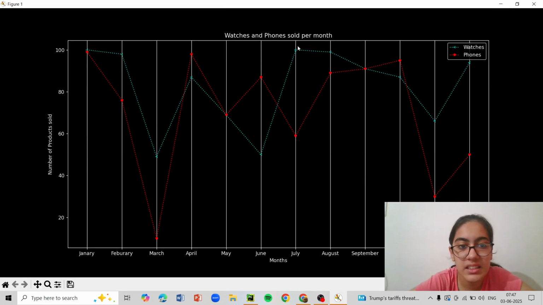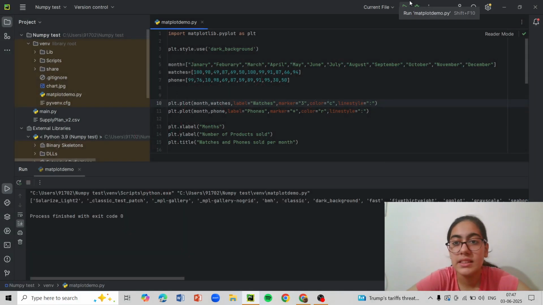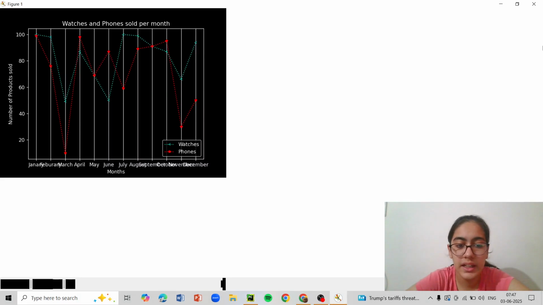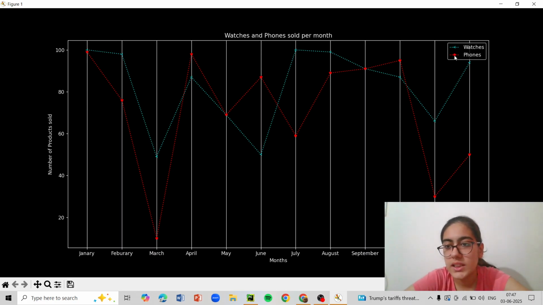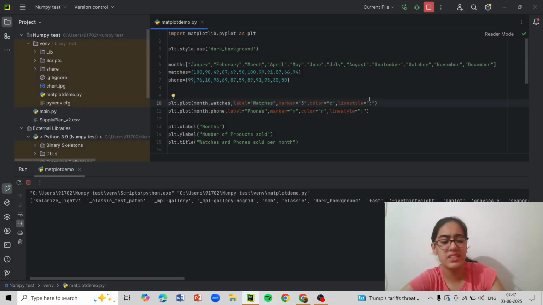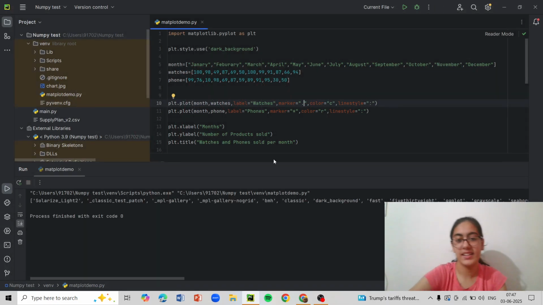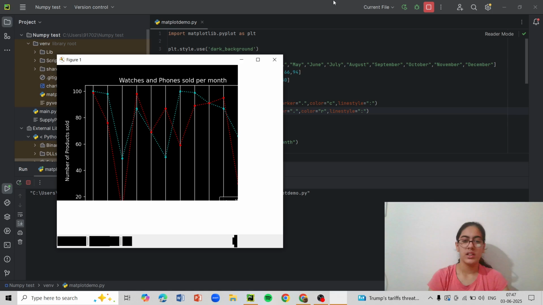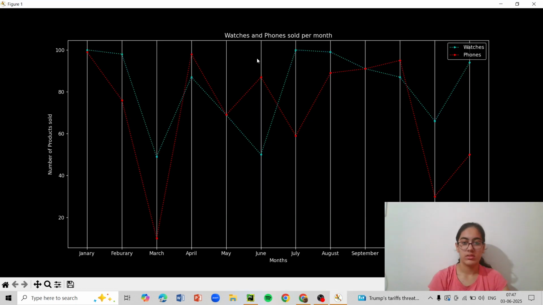As you can see, you can see it over here mainly, the marker in the legend we put in: star for phones and this thing for watches. I just Control Z it, I don't really like it. Yeah. Dot is best for both, I guess. Just run and check. And we have a dot everywhere.